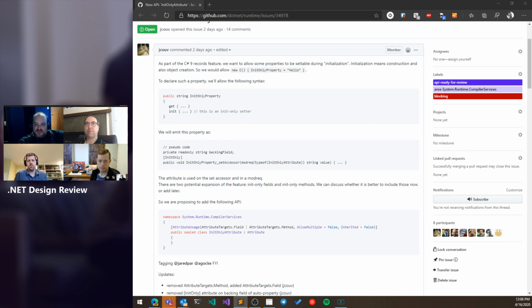Okay, so that makes sense to me. So in that sense, my personal opinion is I would probably prefer it not being an attribute, because that's just more consistent with what the other modreqs are. They're just plain types and they're just modreqs. And then if we really want to surface this information from reflection, I'm not sure the attribute is helping much, because at the end of the day, we probably have to expose some API on reflection